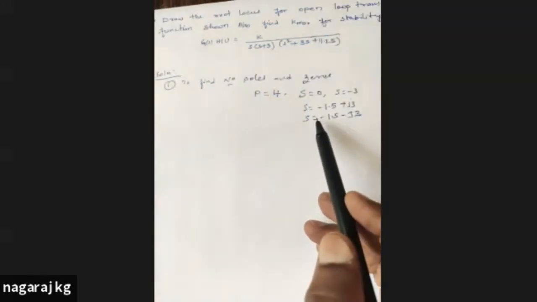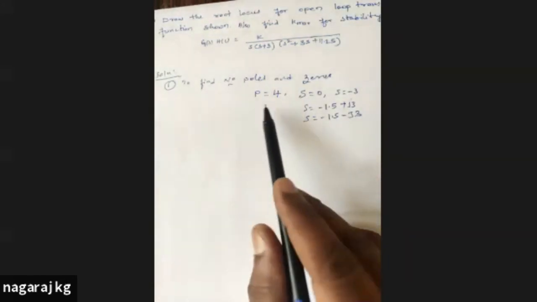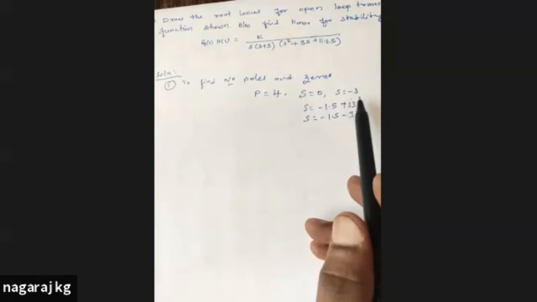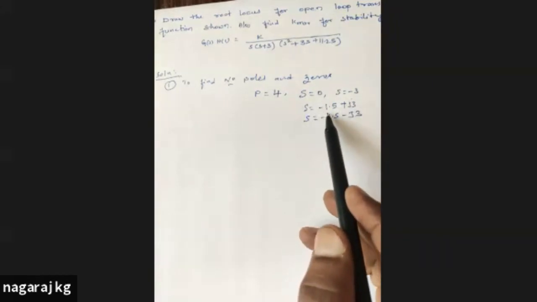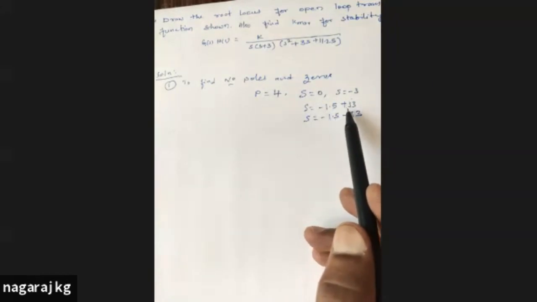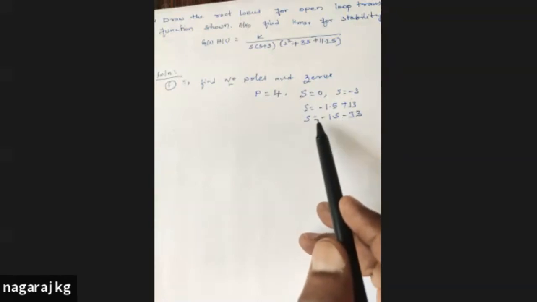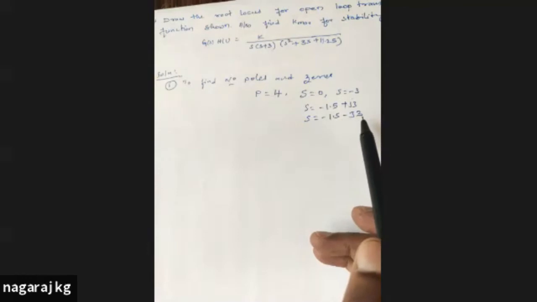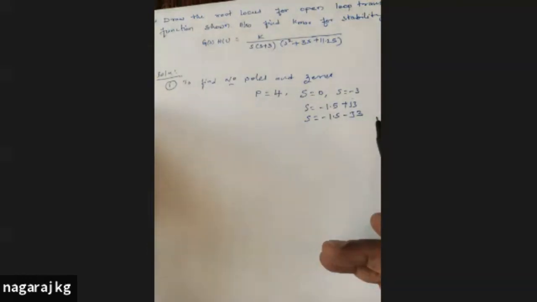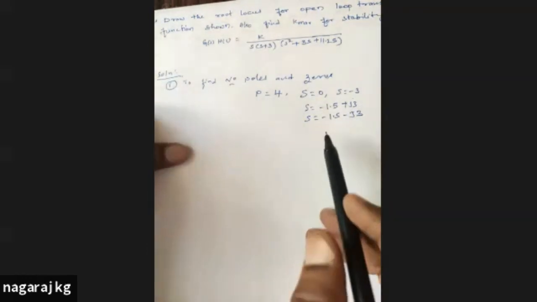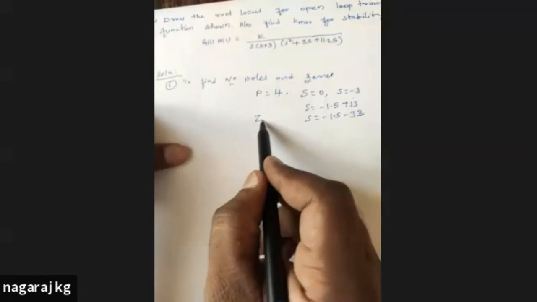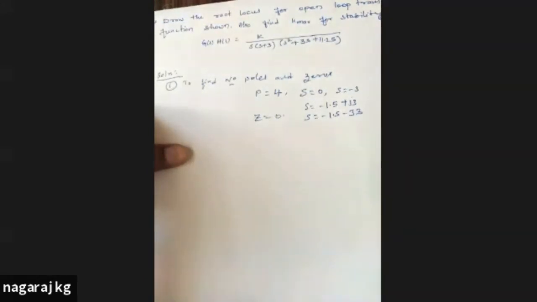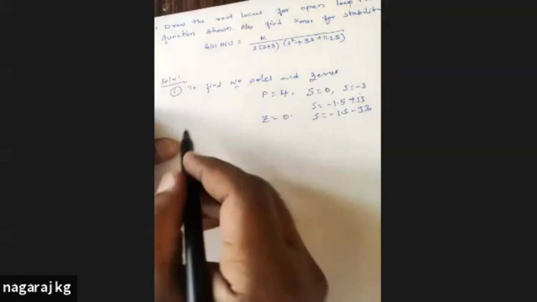So the location of your poles is at s equal to 0, at s equal to minus 3, at s equal to minus 1.5 plus j3, and another pole is at s equal to minus 1.5 minus j3. This is how you find the number of poles, and Z, the number of zeros. Z is equal to 0 in the given equation. Okay. Now second step,